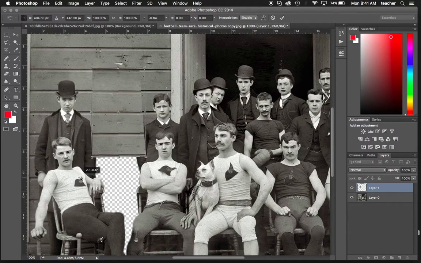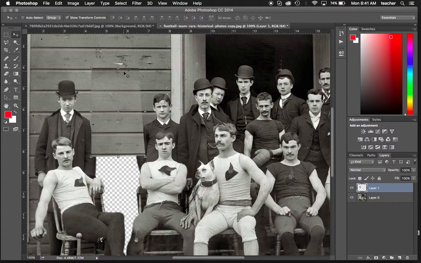You want to try to kind of piece it in there as best as you can and size it accordingly as well. So you get a nice chunk in there,